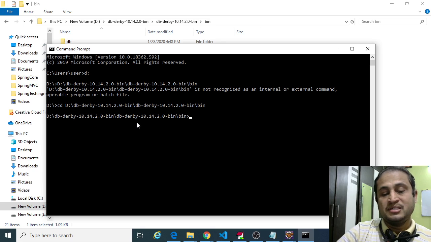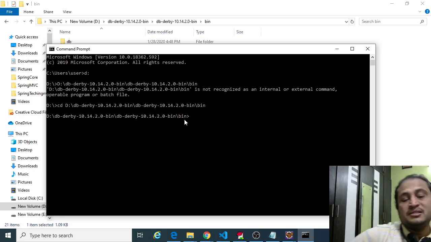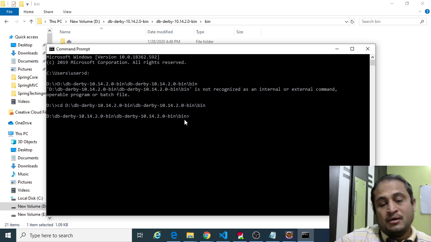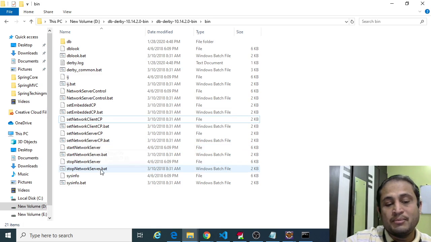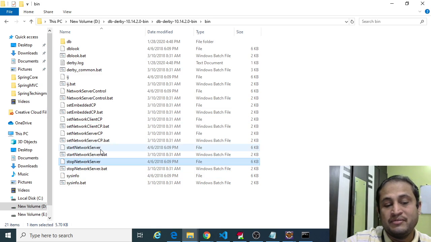To see the list of commands available in this bin folder, there are two commands you need to use: start network server and stop network server.